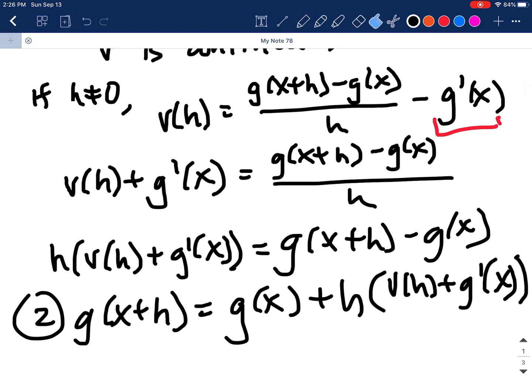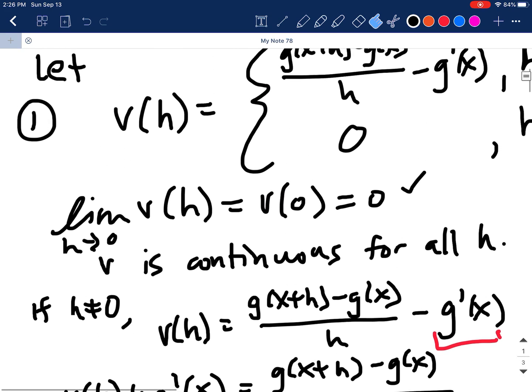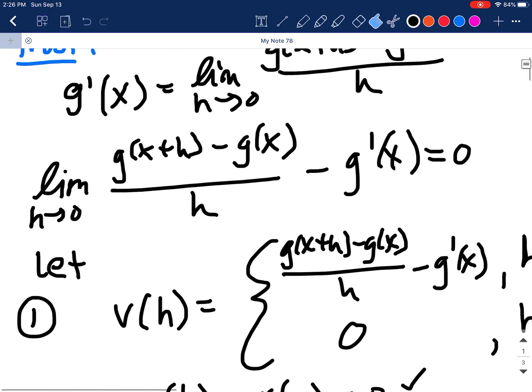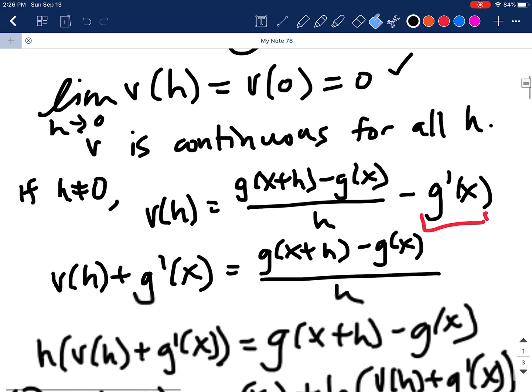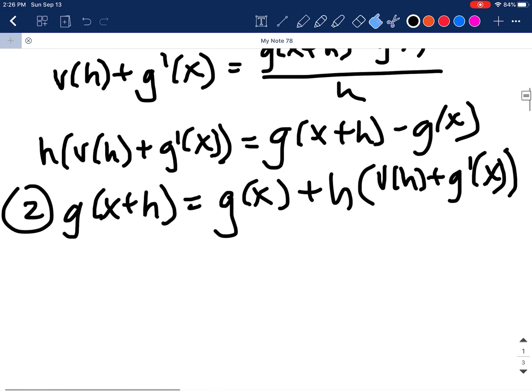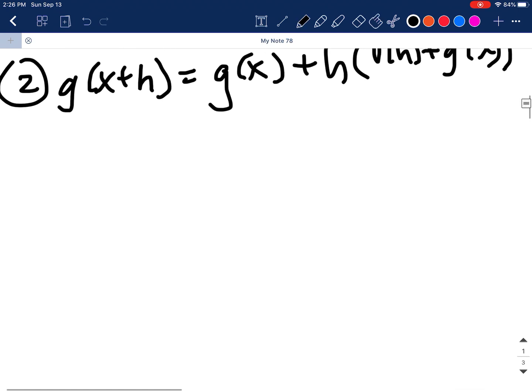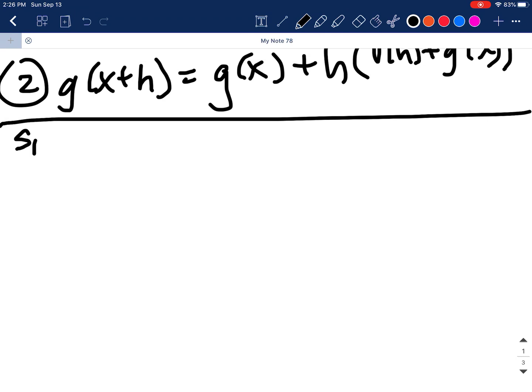So this is going to be important for us. So really what we've done is we've manipulated g prime using its limit definition and then renamed this function. Now we're going to do the exact same thing for f of g of x. So we can say similarly